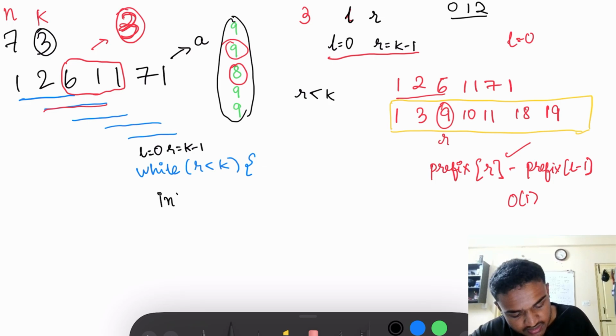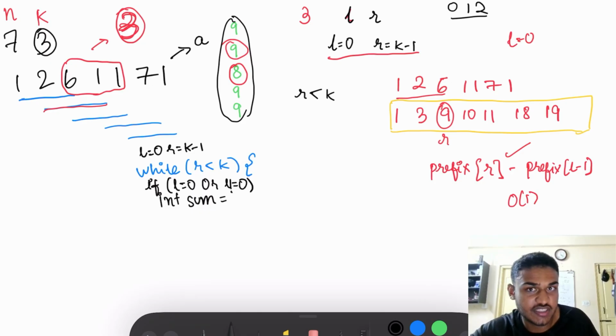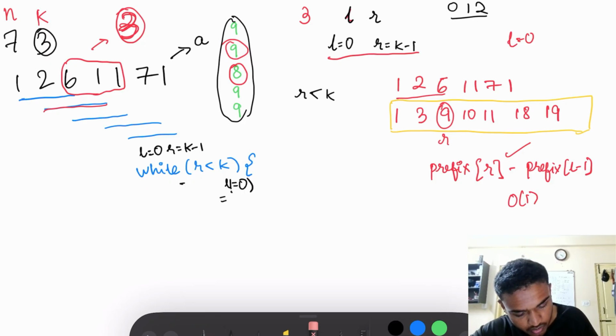I would write an if condition here for L equal to 0 or L not equal to 0. I'm not writing the full code here. Obviously, I'll be showing you the code to get an idea. But let's say I have to write the pseudocode. So what that would look like is,